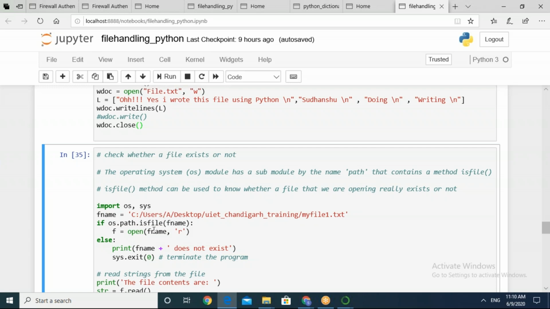So if it finds this file, it will simply read it using this file handler. If not, if this file is not found, then this message will come: fname plus doesn't exist, and then we will terminate the program by the sys.exit method. So you just try to read it first of all.